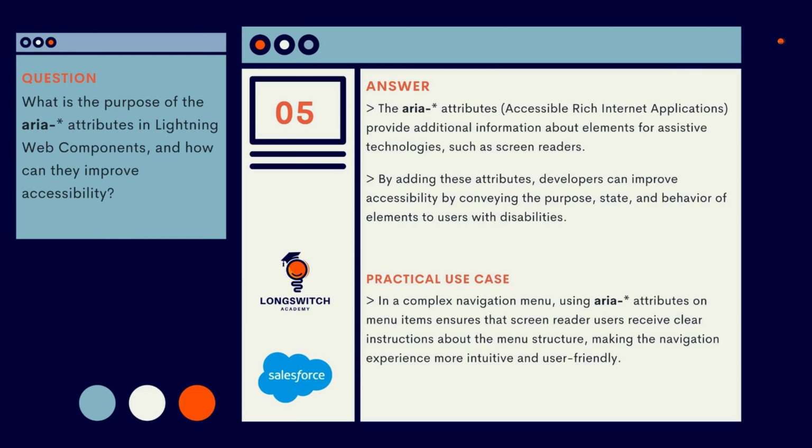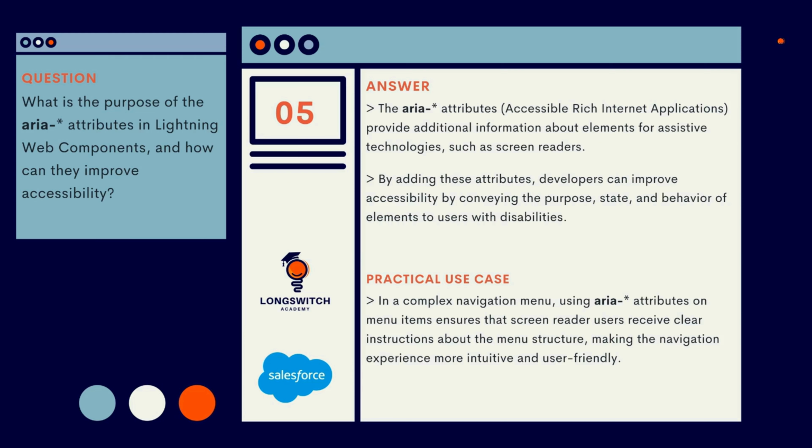Question number 5. What is the purpose of the aria * attributes in Lightning Web Components, and how can they improve accessibility? The possible answer for this question can go like this. The aria * attributes, accessible rich internet applications, provide additional information about elements for assistive technologies, such as screen readers. By adding these attributes, developers can improve accessibility by conveying the purpose, state, and behavior of elements to users with